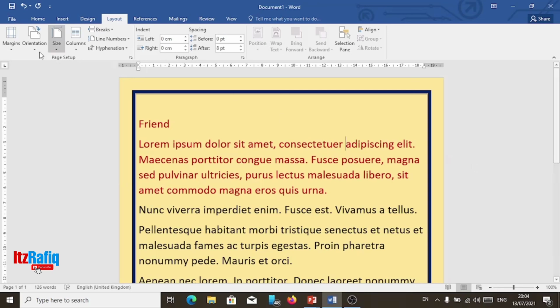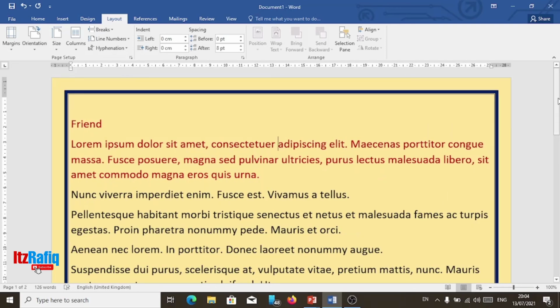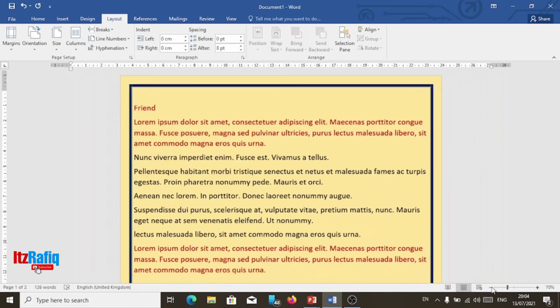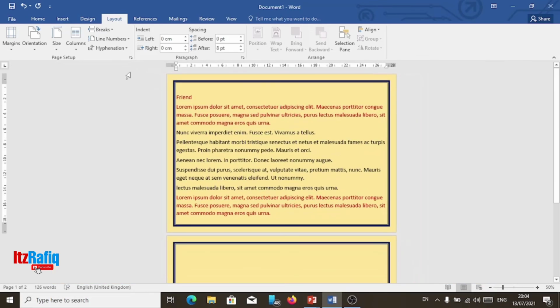Then we have page orientation. There are two types of orientation: portrait and landscape. Portrait is the default one by which our books are printed, and landscape is when we turn our book. Let's have an example. Here orientation, by default portrait is selected. If I select landscape, then the page will turn 90 degrees. So this way, let's reduce the size of the page. So you can see the page is turned this way, and if I change the orientation again to portrait, it will turn this way.